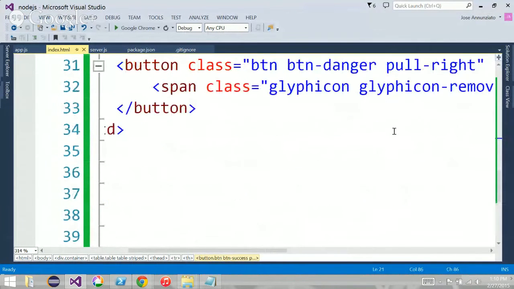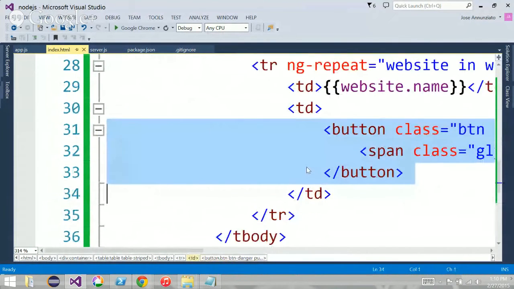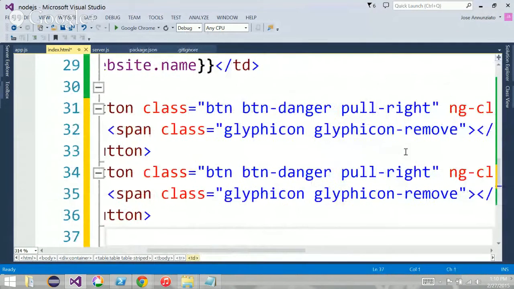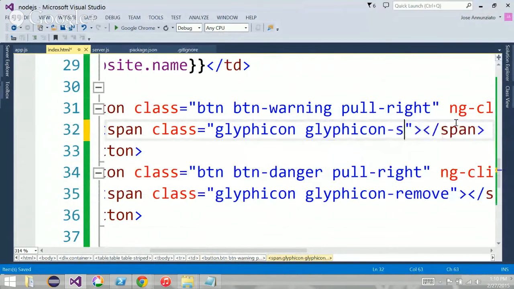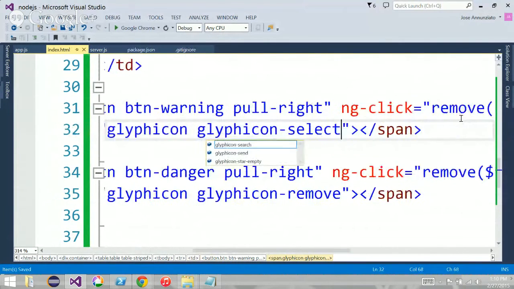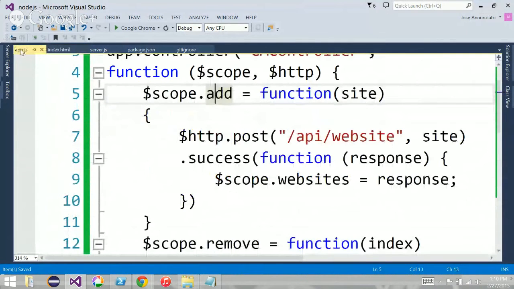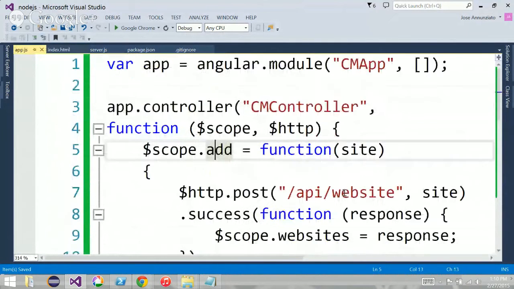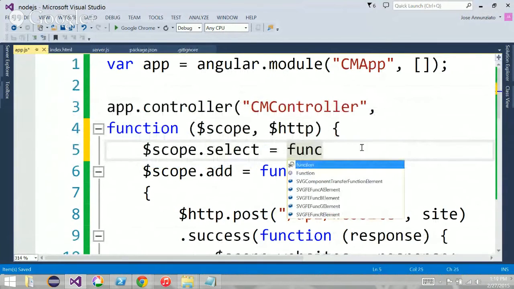So let's see. What do you select here? So this is remove. Let me add a select. So instead of danger, this is maybe a warning, and maybe I'm going to use a pencil icon for you to select it. And maybe we'll call select on the controller, and the controller can listen for that and say scope.select is a function, and then the